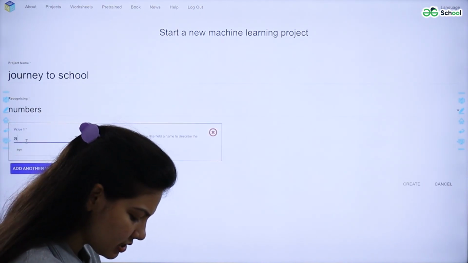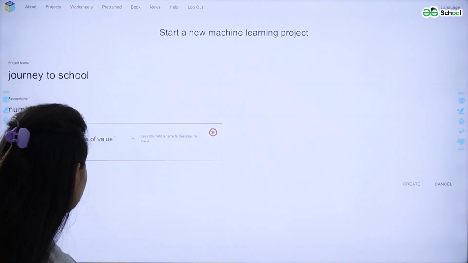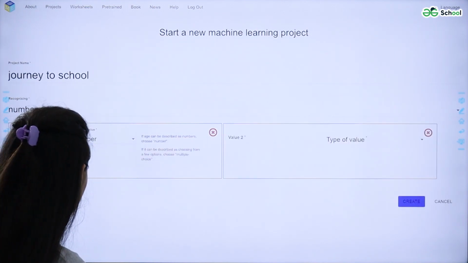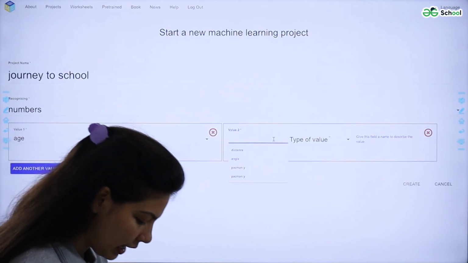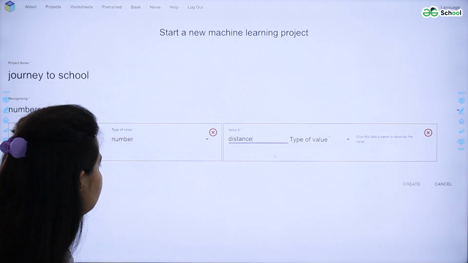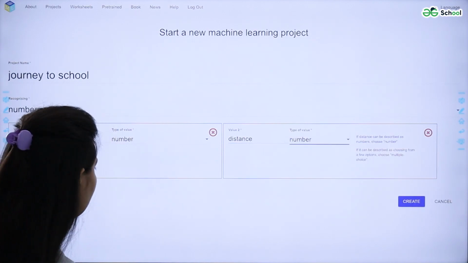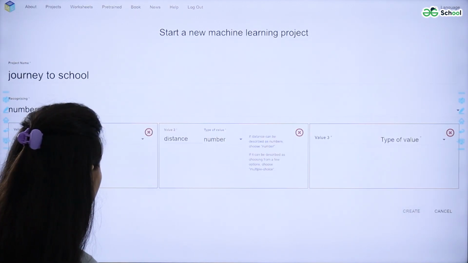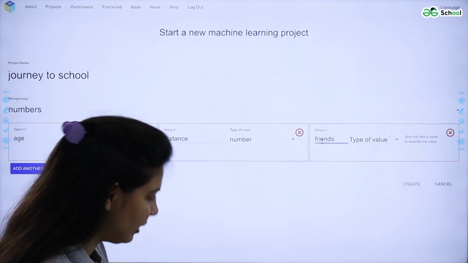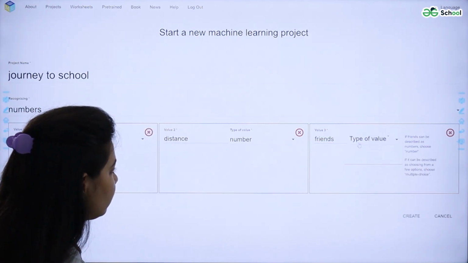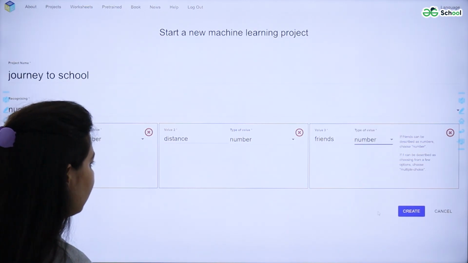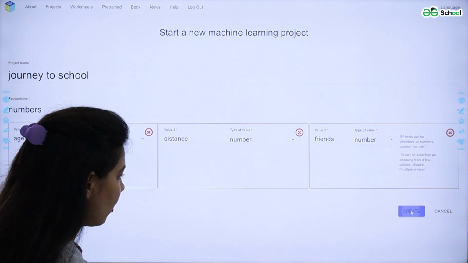For me, age is a factor that will affect how children travel to school, and another factor that could affect it is the distance, and the number of friends also affects how students travel. You can add some more labels. Now I am creating this project